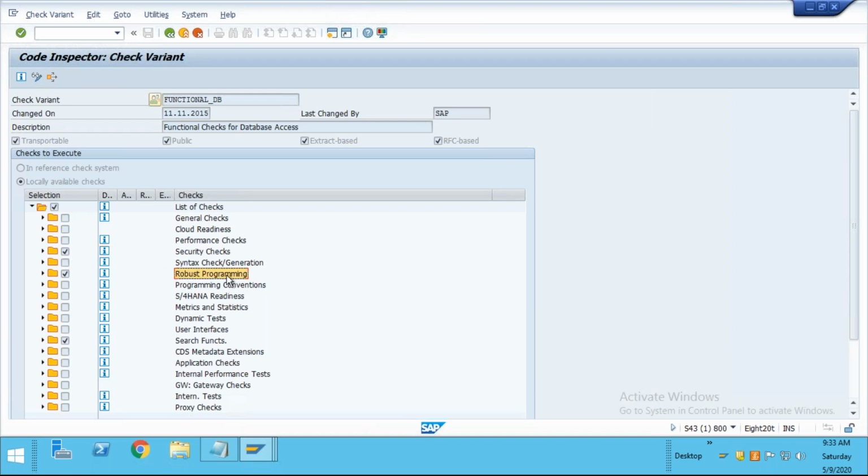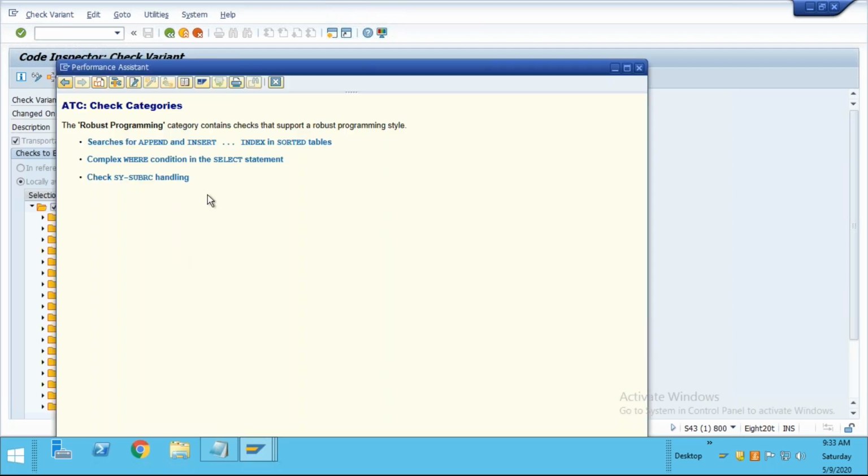Similarly, the robust programming, what is the option in robust programming? It searches for append and insert index in sorted tables. If you are having some sorted table, you are not going to use the append, right? You can only use the insert. So